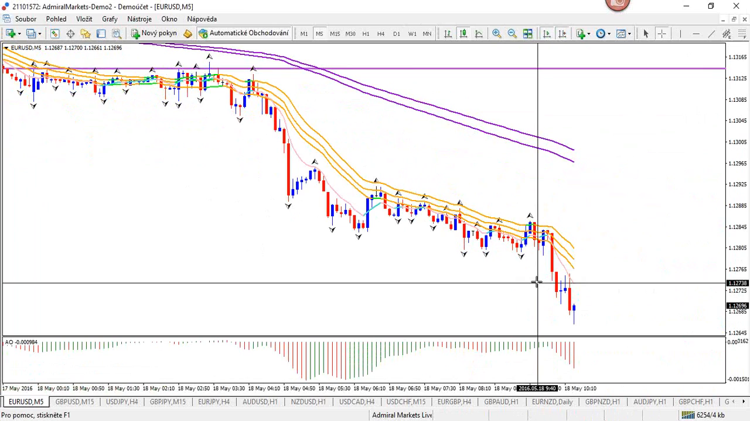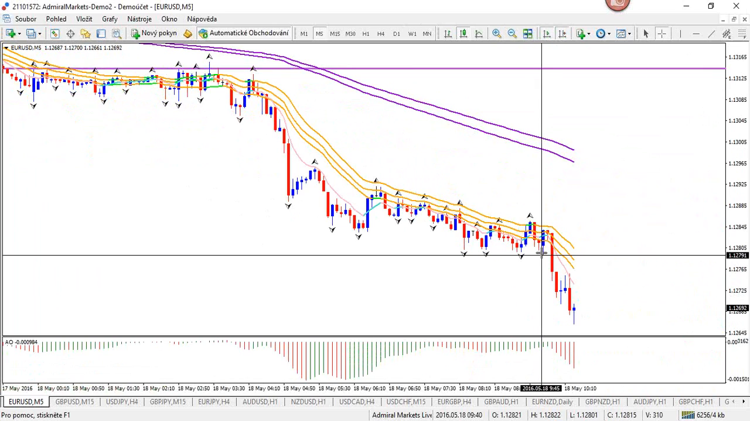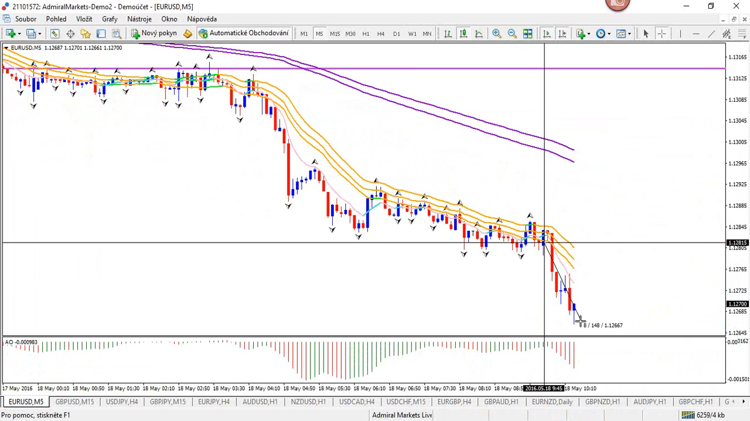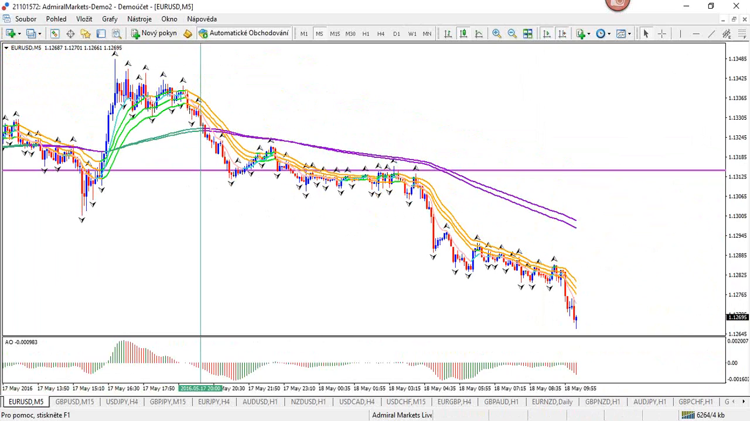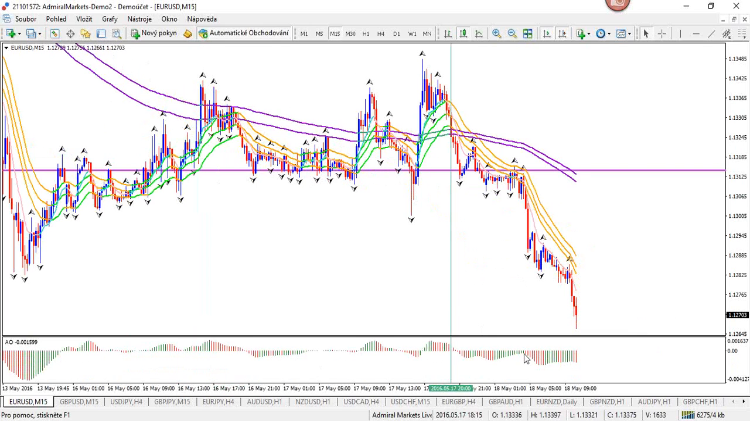So an entry there, just before our webinar started, and the price has fallen some 15 pips. Not a lot, but it's going and pushing and continuing downwards. So from this perspective, it's extended quite a lot. So I was talking about a retracement, myself,